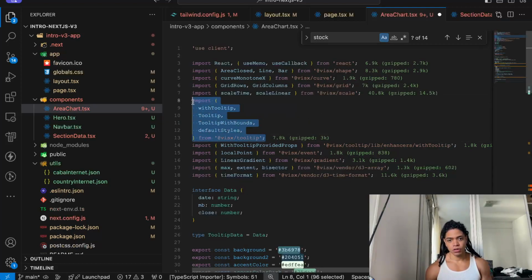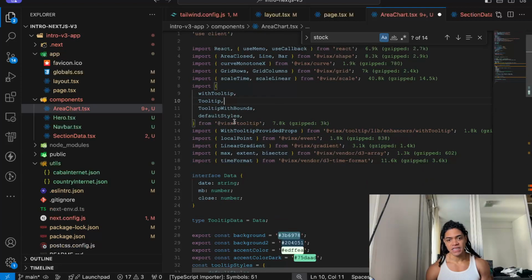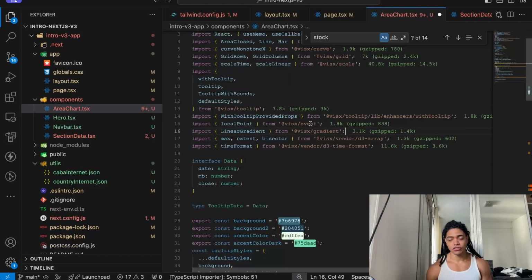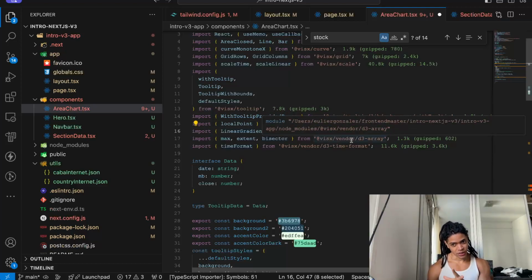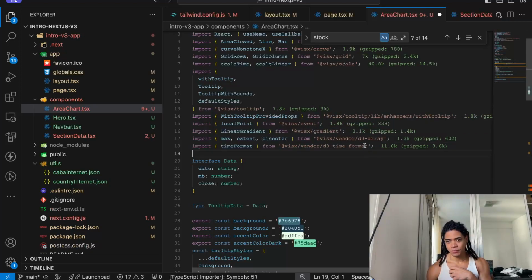Some other tooltip components are coming from VX. Again, with VX, some of the events from that library, as well as the gradient,